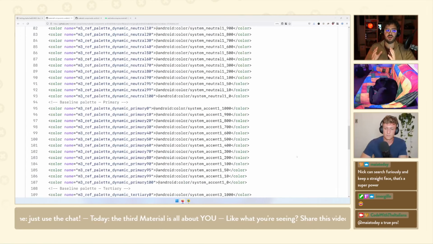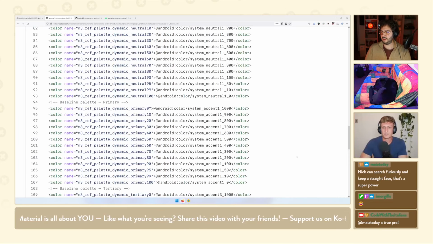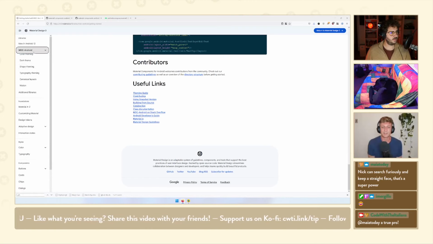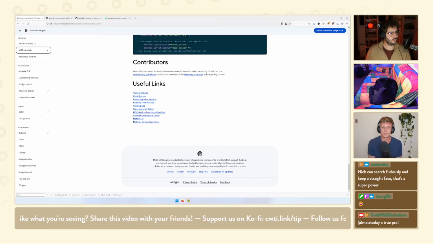You have a number of colors and a number of variations of those colors, and you can use those variations for different things. Like you can use one for primary, you can use one for, I don't know, background. Is that correct? Yeah, pretty much. I wouldn't actually improve on that too much. That's how I would describe it as well.